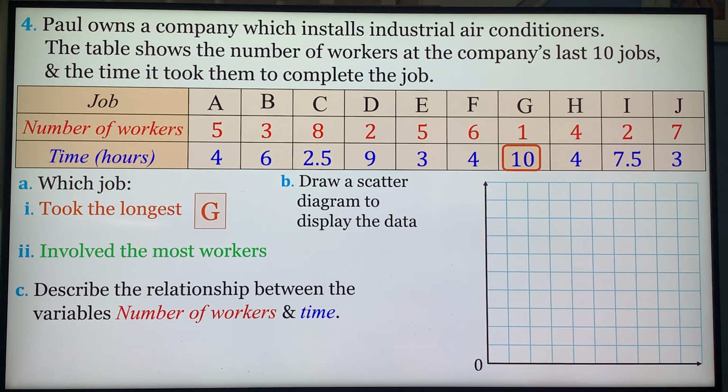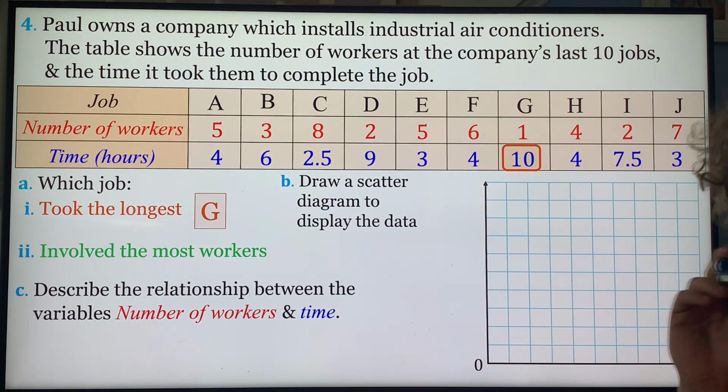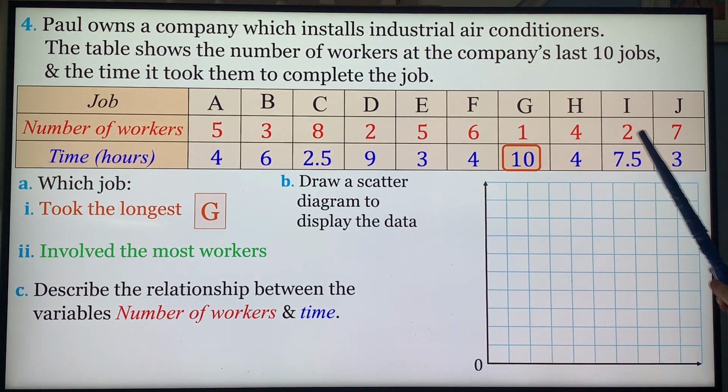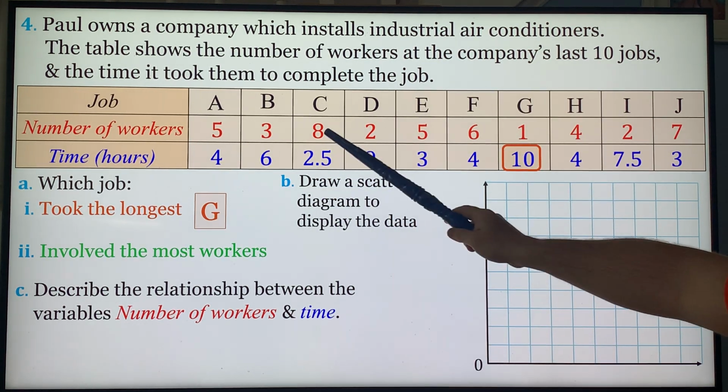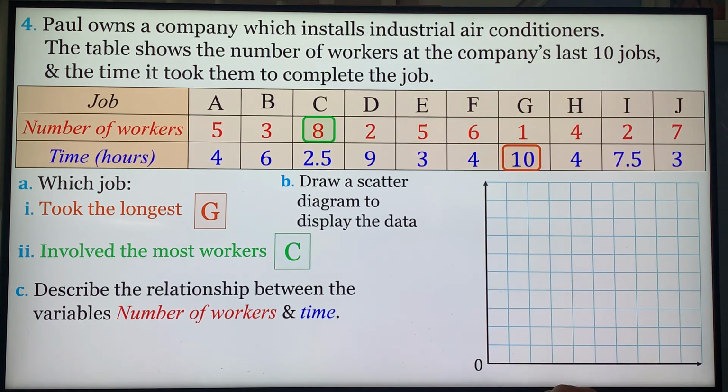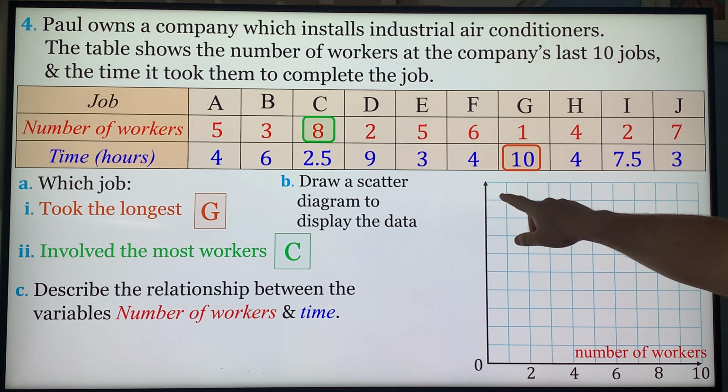This stuff's like middle school stuff. Actually, my 3rd grade daughter could probably do this. Which one involved the most workers? 4? No. 8. 8 is job C. Draw a scatter diagram to display the data. Okay, typically the one on top is your independent variable. So that's where your number of workers goes. 0 to 10. Time,